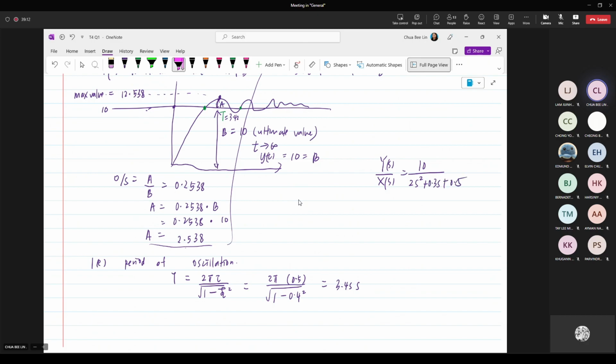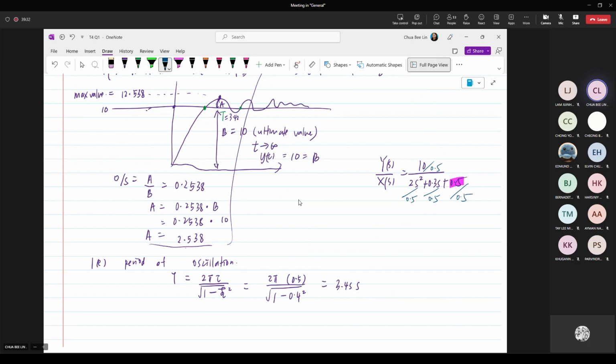So this term, you have to divide by 0.5, and don't forget the top also has to be divided by 0.5. So it's exactly the same, a similar question, to calculate the ultimate value, overshoot, maximum value,